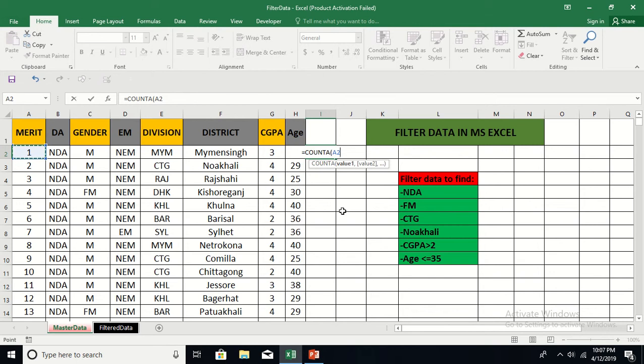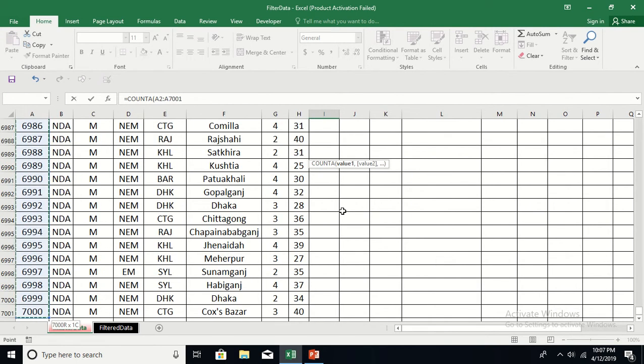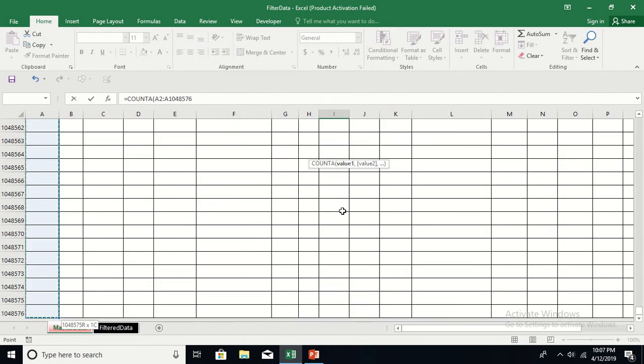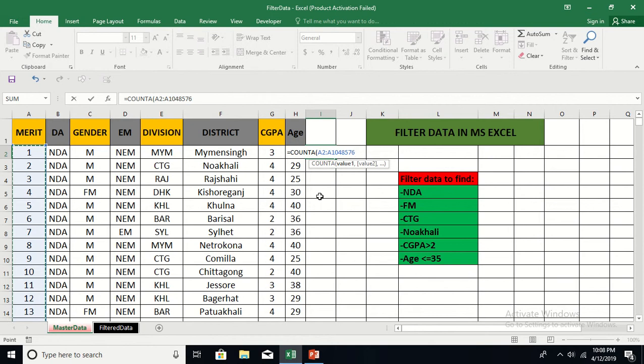Okay, so I'm going to press Ctrl Shift down arrow, and that should take me to the last value, and also we can go further to the last cell in column A of Microsoft Excel, which is 10,48,576. Okay, so now if you close the parenthesis,